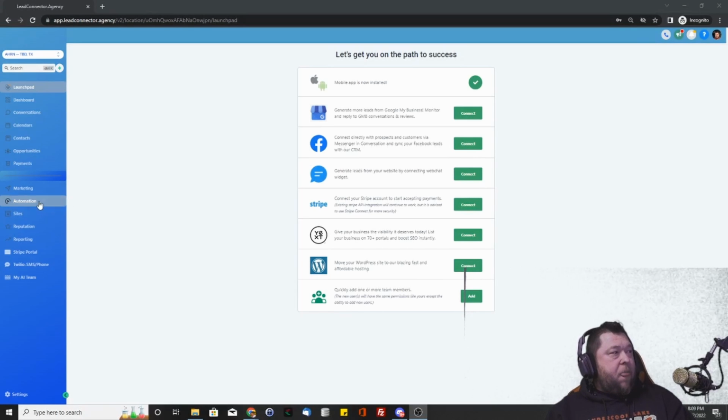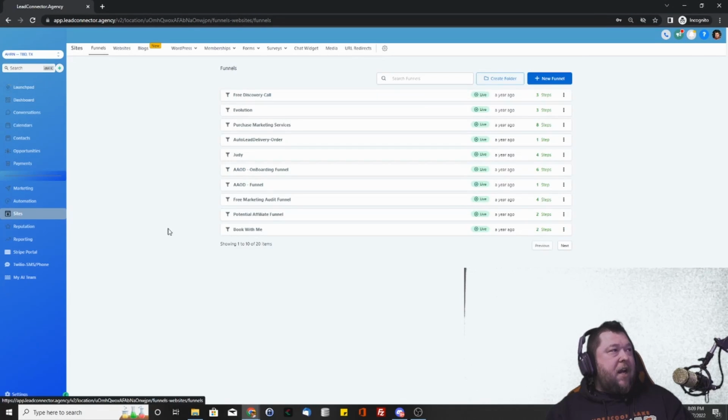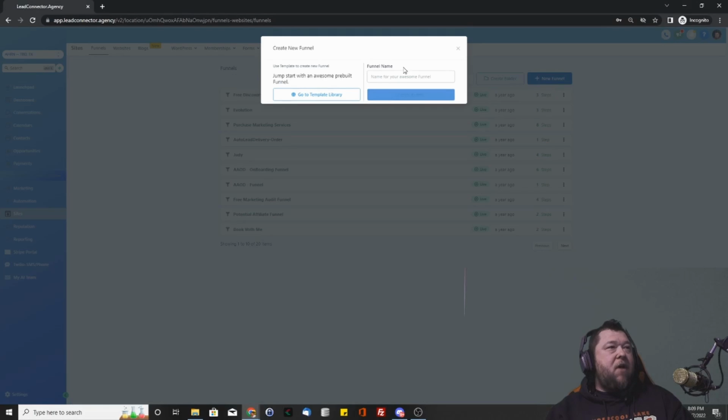Today we're going to show you how to put together a funnel inside Lead Connector. In order to get started, you're going to want to go to the site area. We're putting together a funnel, so you're going to click Funnel up in the top right, New Funnel, and you